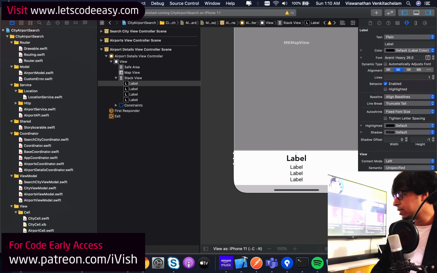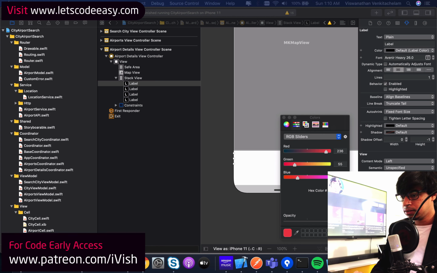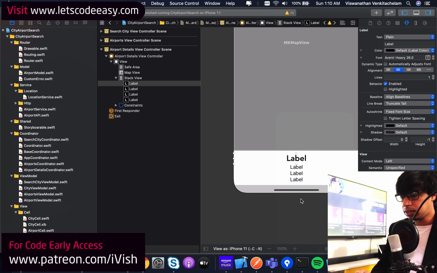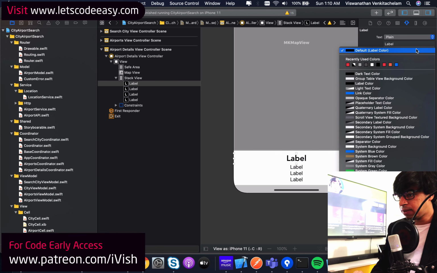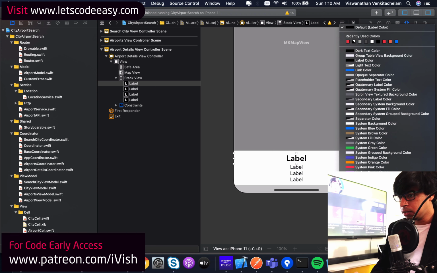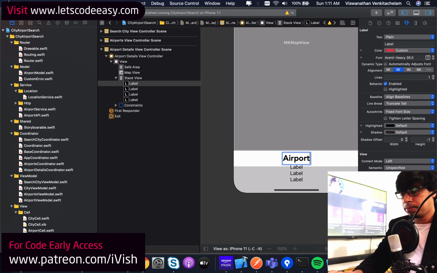I'm just gonna use that same color. So even you can do this from the view model itself. If you have the colors, if you want to configure everything, you can even do that. I'll just maybe do that once I'm done with this. We already have this final color chosen. I'm gonna use that. I'm gonna call it airport name,